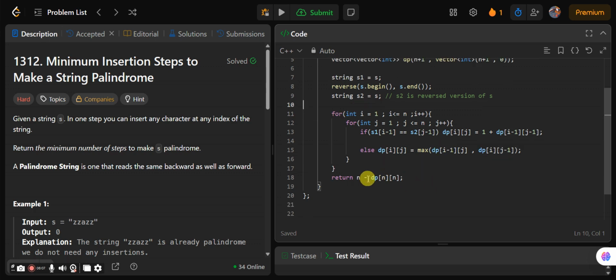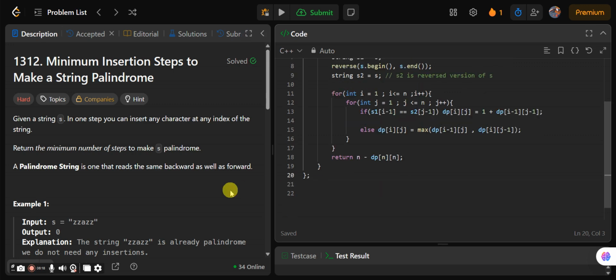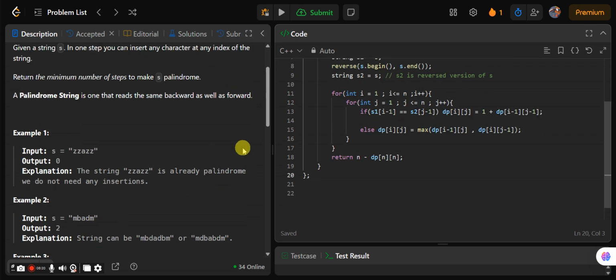So if we subtract the length of that from the whole length, we get the length of the characters that are not in the palindromic subsequence. So that will be our answer for this.